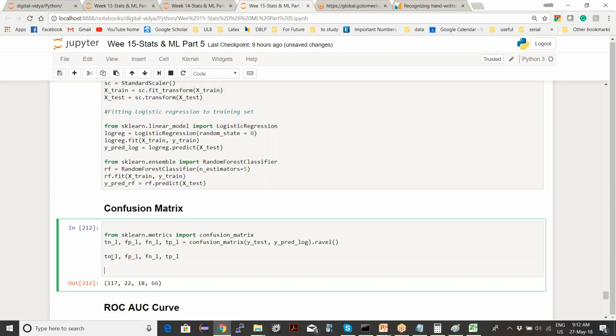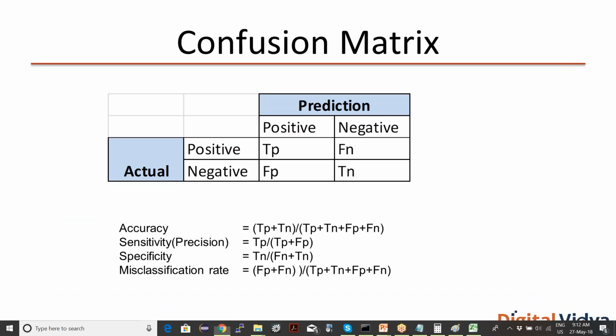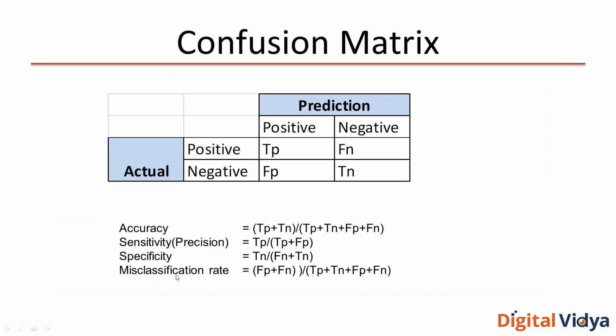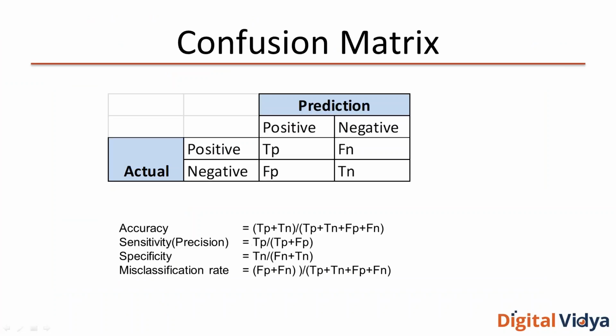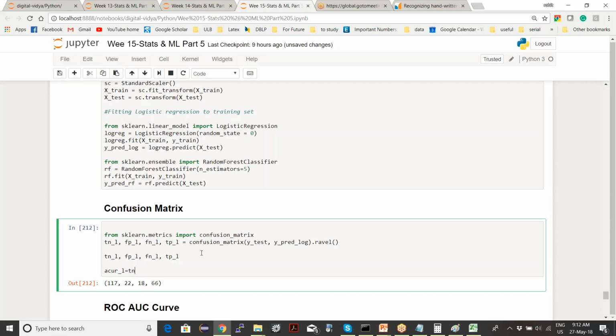Accuracy could be straightforwardly calculated, but let's see what my misclassification rate is. Accuracy for L is TP plus TN.